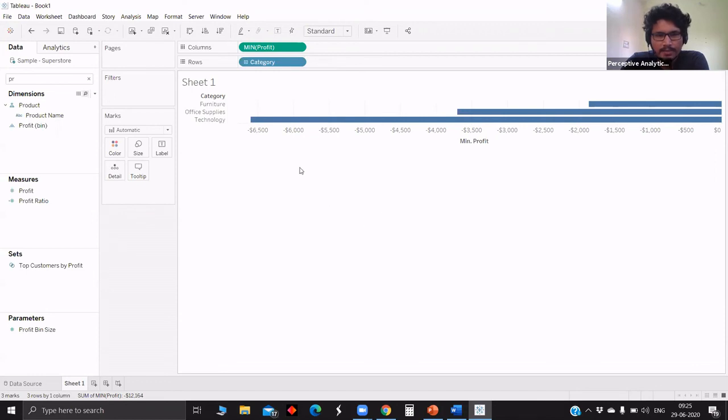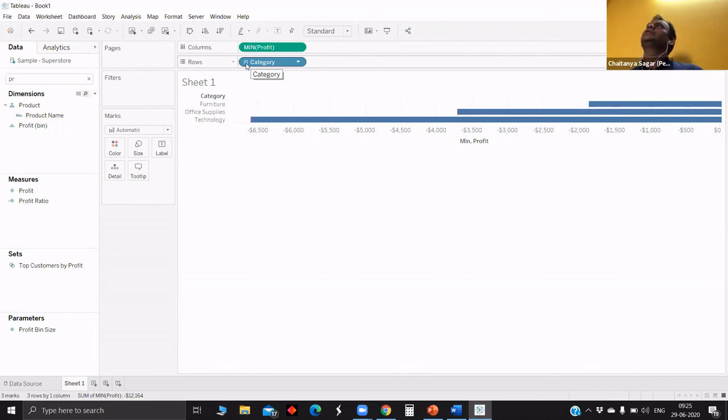If you write the function as a calculated field like minimum of profit, it will give the result based on the level of the view. At present we have a category level view, so it will give the same thing. And the other thing Jairam told in the PPT is that if we have inside minimum profit and one more field, let's say sales, then it will result in the minimum of both. Is that correct, Jairam? Yeah, exactly. Got it.